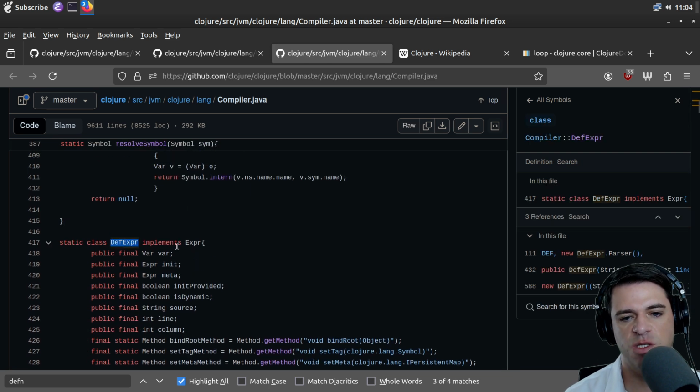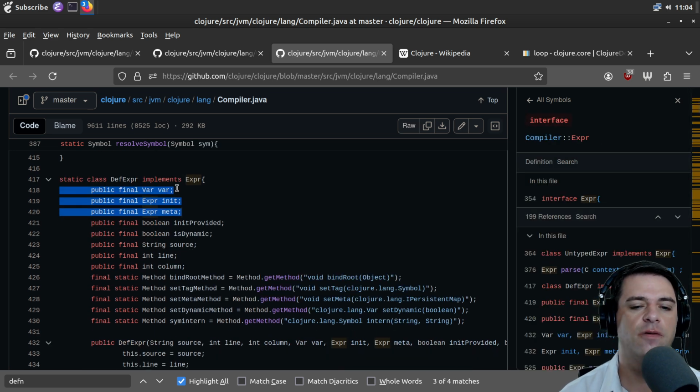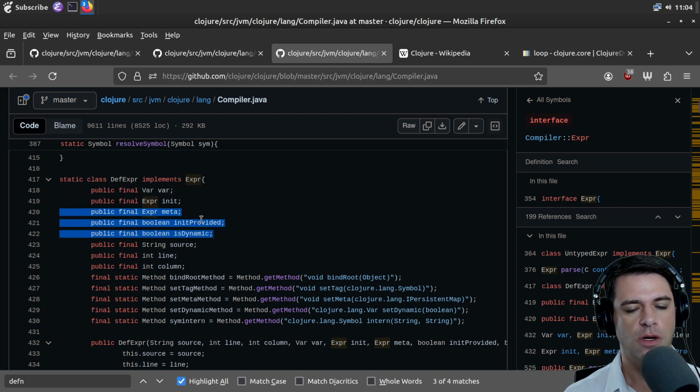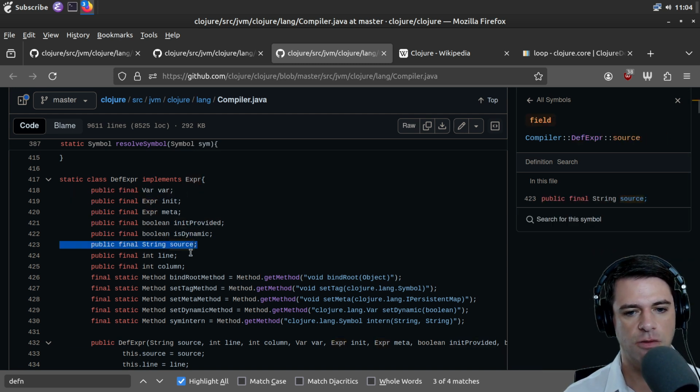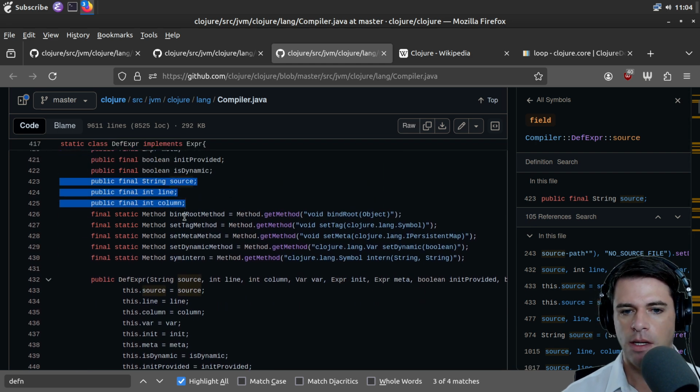We have a class DefExpr, def expression, which extends Expr, and it's got things like a var, presumably for holding variables, an init expression, a meta expression, whether init is provided, whether it's dynamic, a source. I guess we're going to keep track of the source in the line and the column.